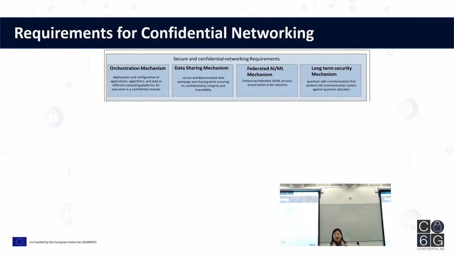Federated AI itself already provides some security and privacy for end users without sharing their data to the cloud. But meanwhile, poisoning attacks and other attacks that focus on federated models are also a threat to 6G. The last module is called long-term security.